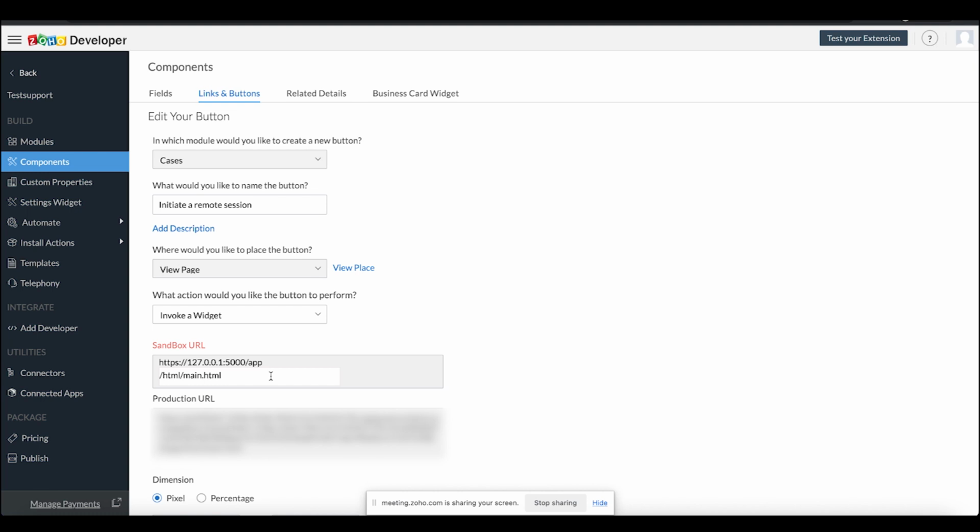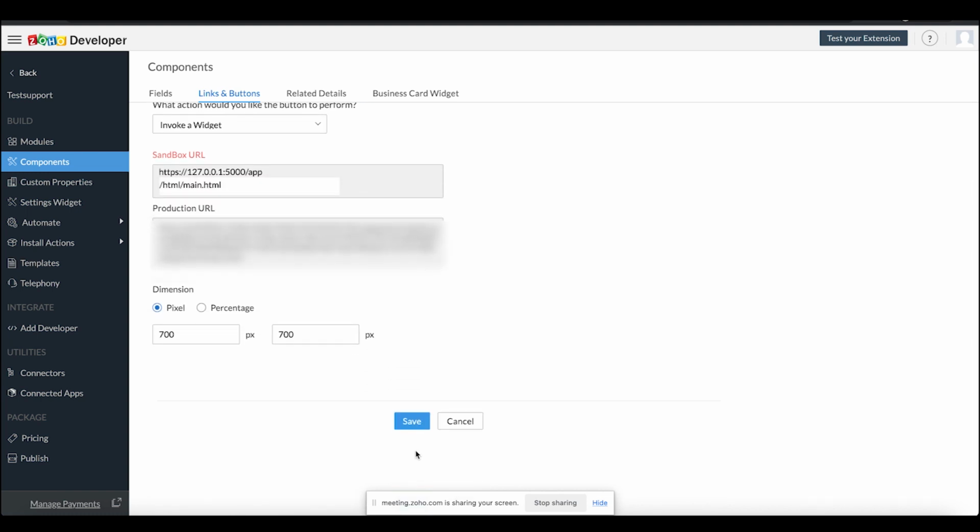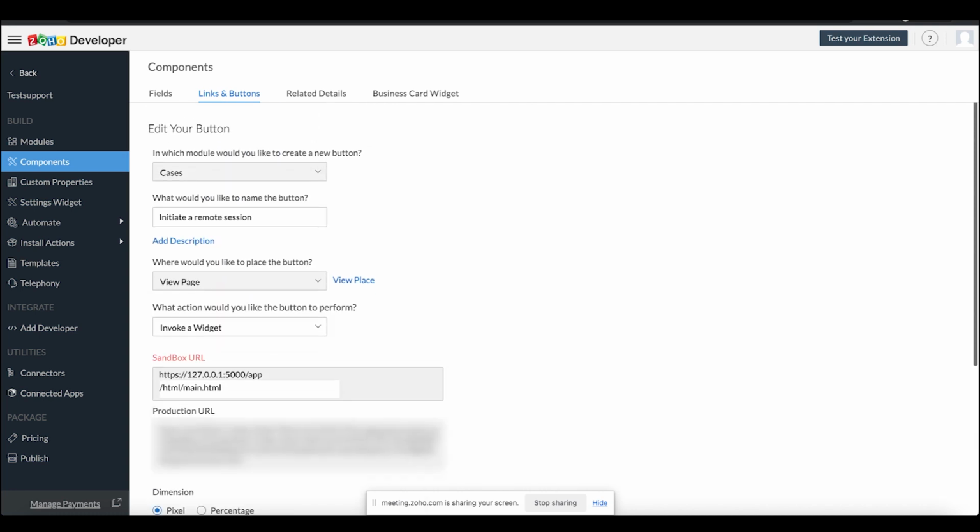So for the Assist Session widget project, inside app, I had an HTML folder, and inside that folder, I have my HTML file which displays my widget's UI. So that is the location that I've provided over here. And then I have clicked on save in order to embed a button and then associate the widget that we have created. So now the components that are required for a use case, that is the connector and the widget